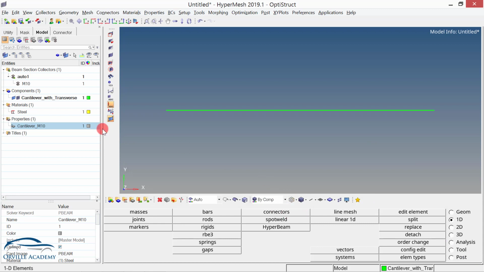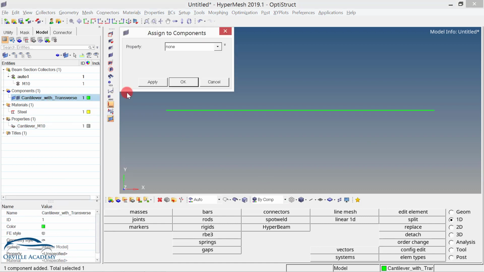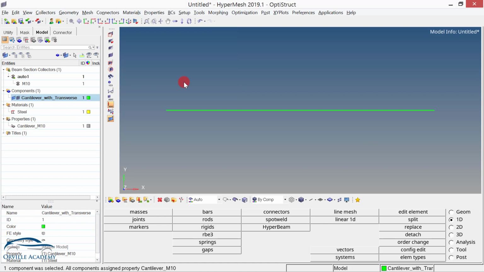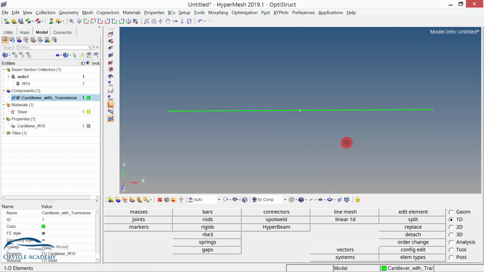Now it's time to assign the property to the cantilever beam. So right click on the cantilever, go for assign, and under the property here I will switch it to the cantilever M10. Here I will click on apply and then go for OK. Now to check whether the property has been applied or not, I can go for 1D element and then here I will switch on the 1D element with the traditional representation. But suppose you want to select the solid only, then I can go for shaded element. So you will be able to select the entire solid. But since it is visible that the property has been applied, again I will go to the traditional representation.